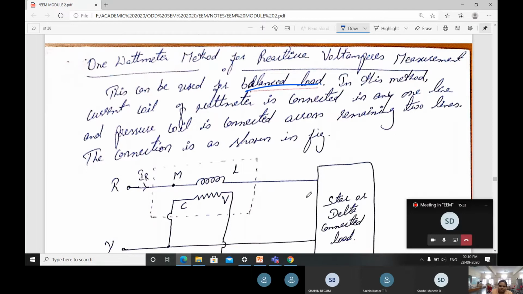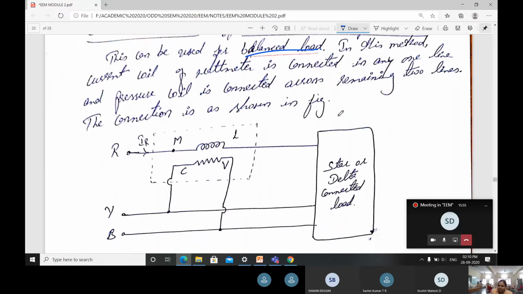This is the construction I am going to show. It's for the balanced load that you apply in terms of your bulbs. The load may be in terms of resistance or it may be in terms of other loads. The load depends on the designer, which one they are applying, right?